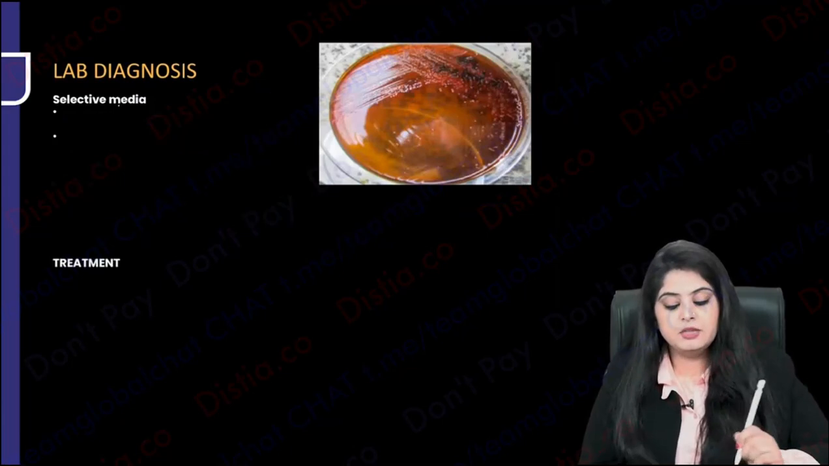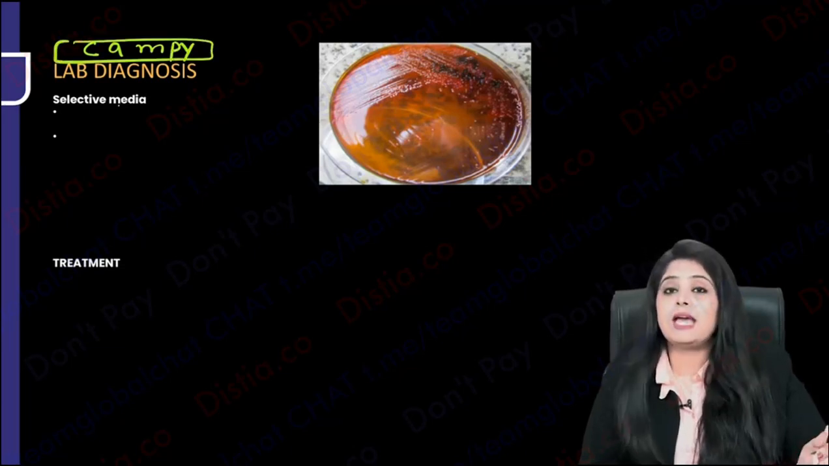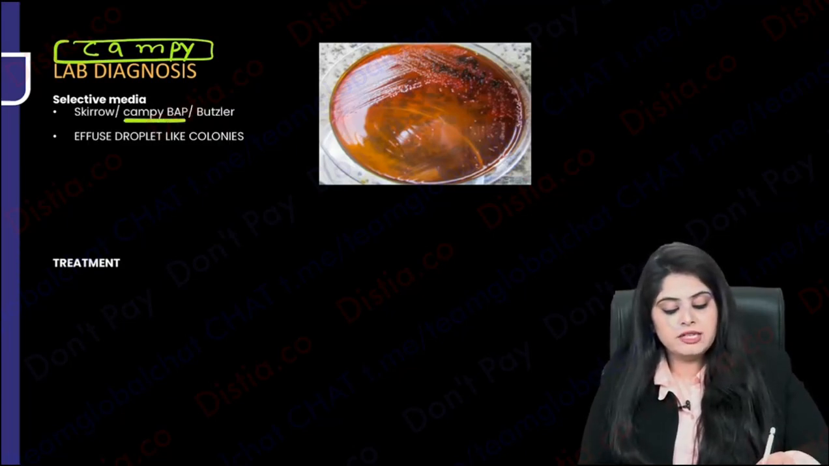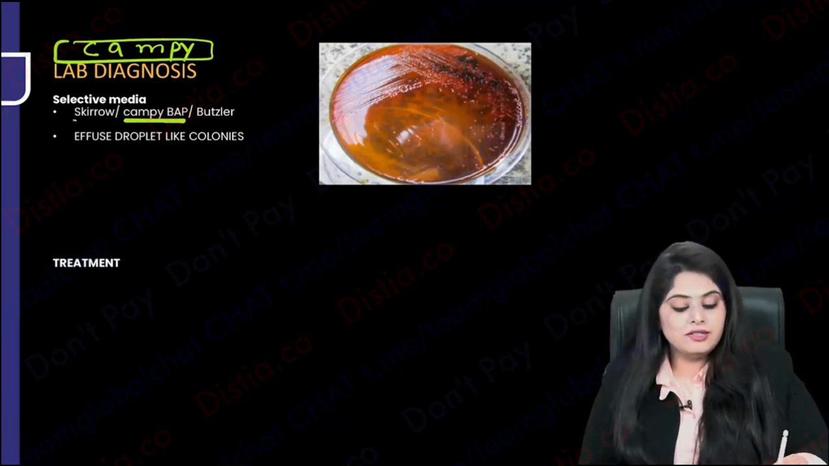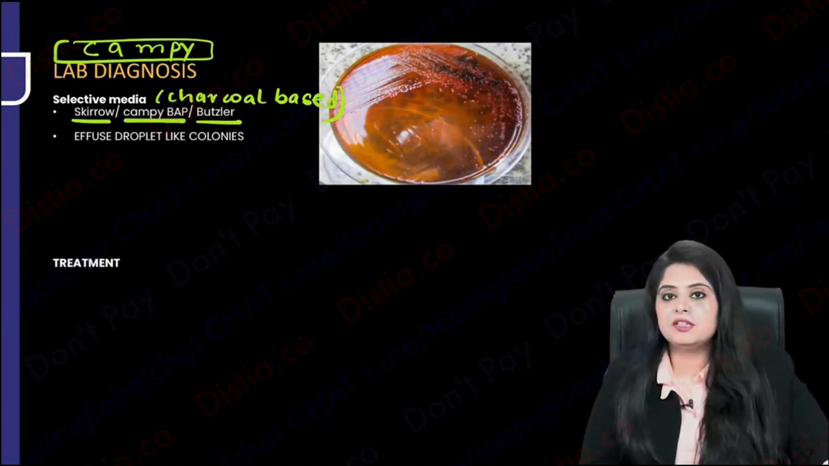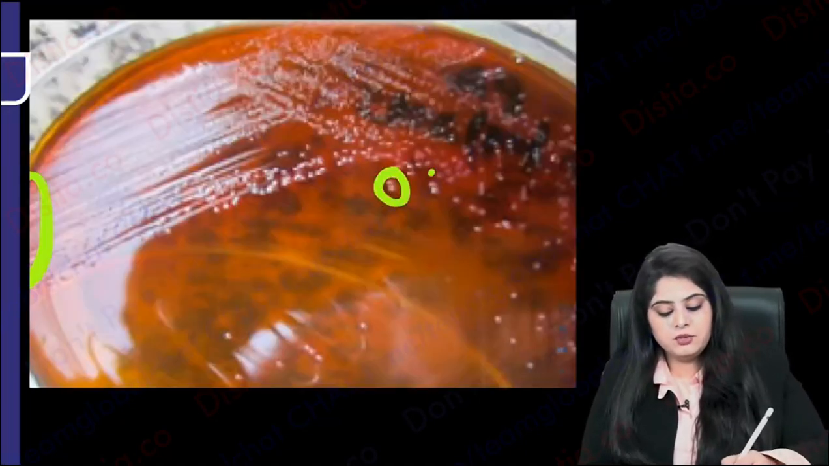Now finally coming to the media, guys. If the name of the organism is Campylobacter, then Campy-BAP is the media, which is the one I use most commonly. You can also call it the Skirrow or the Butzler media, and these usually contain charcoal. They are charcoal based. Campy-BAP is very common. Campy-BAP, Skirrow or Butzler media are used for Campylobacter,